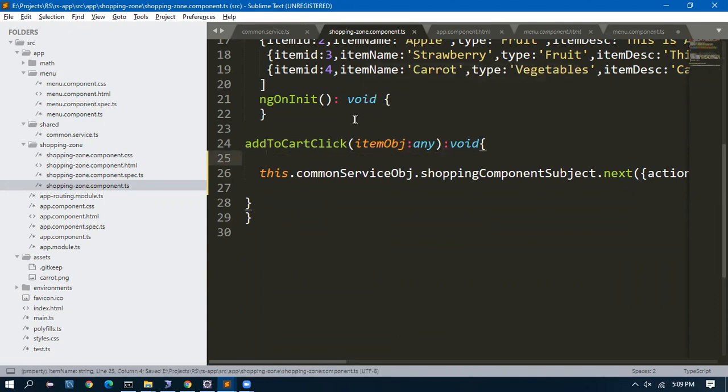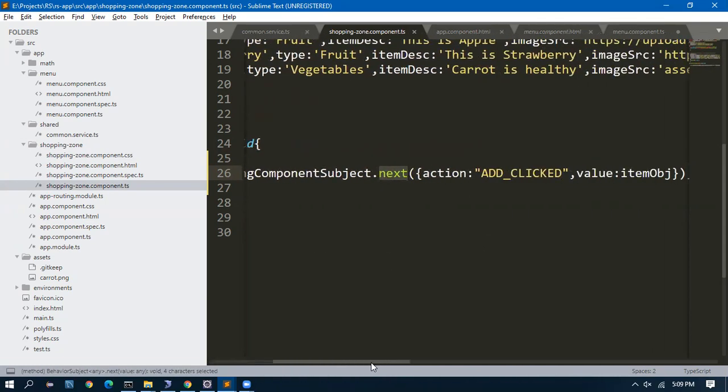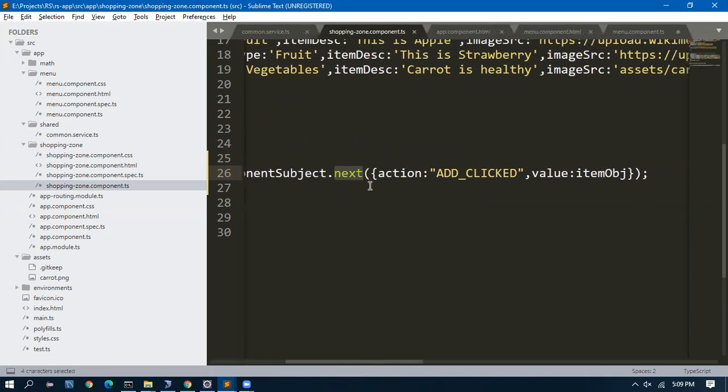Now I'll go through the flow once again. The control comes into the shopping button click. The button click calls the common service shopping object subject. This is called a behavior subject from RxJS. It is calling next, which means the button has been clicked. I am sending out an alarm. I am passing action, add is clicked, and this is the value.